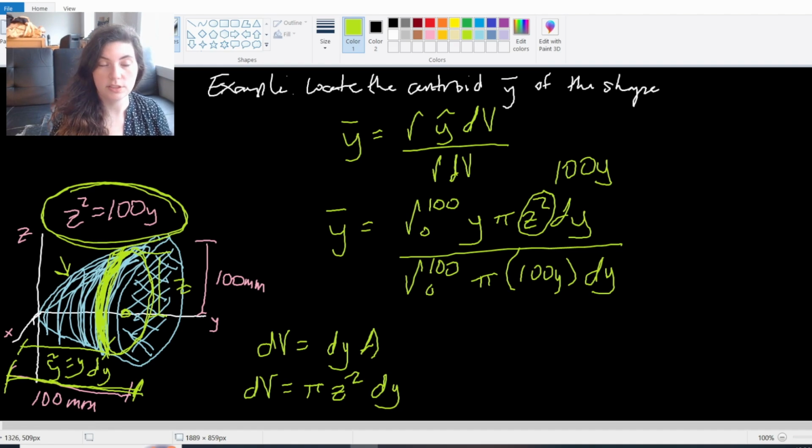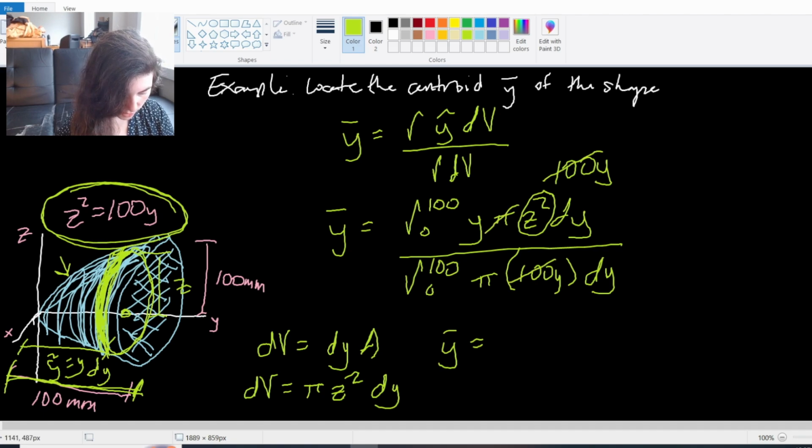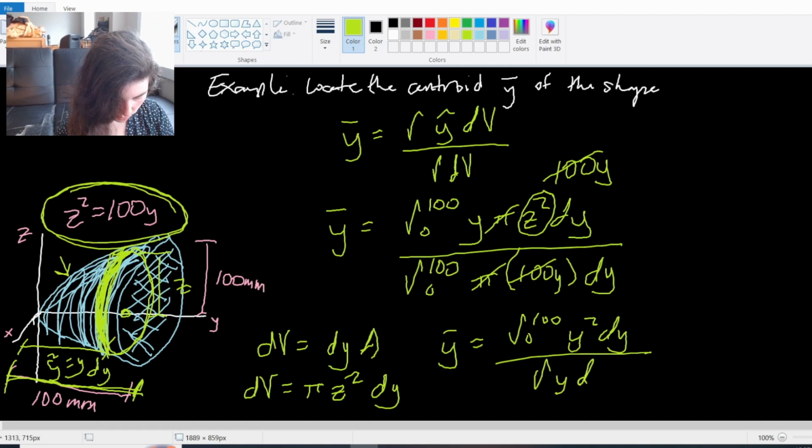So simple enough. It's just now a matter of doing that integral, right? So my y bar is going to be, oh, I can take out this 100 pi term from each of these, so I just end up with the integral from 0 to 100 of y squared dy over the integral of y dy,